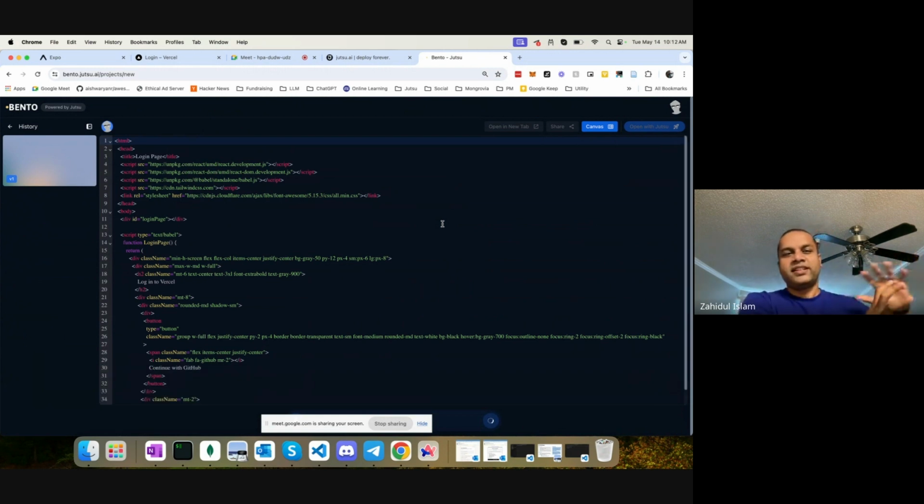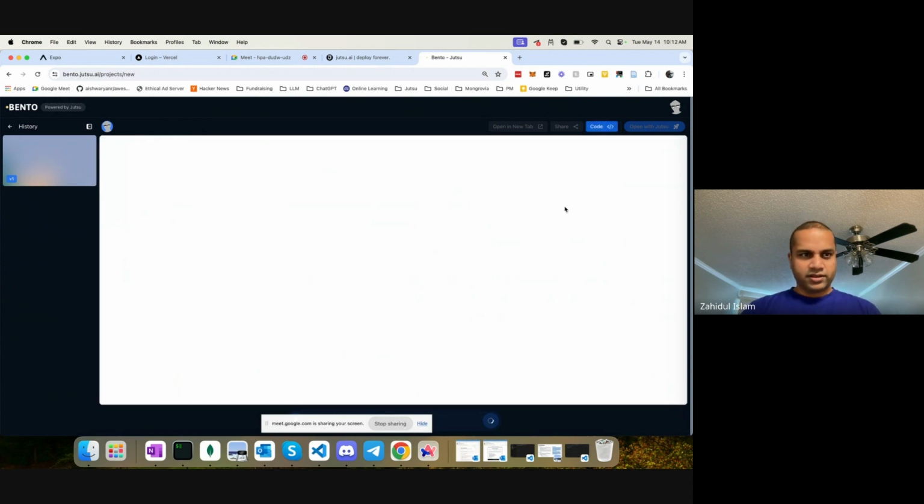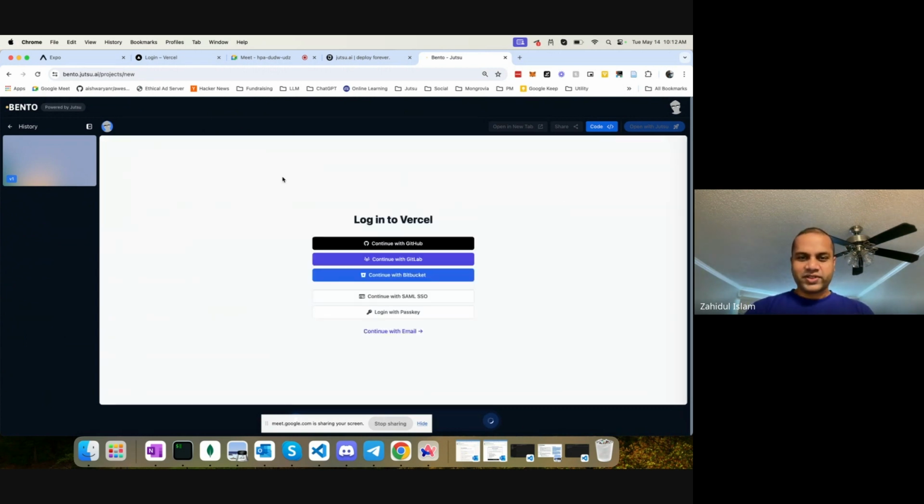Imagine we can easily extend it to Boss components or Vue or any other framework in the future. Give it a few seconds. We can see it is generating code, and in a few seconds it gives me a starting point.